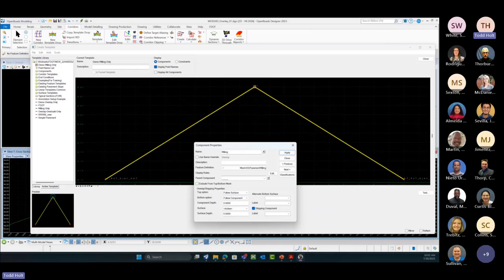So let me go and see in our next component. So since it's a milling component, I want it to follow the surface. And then the bottom option, I want it to follow